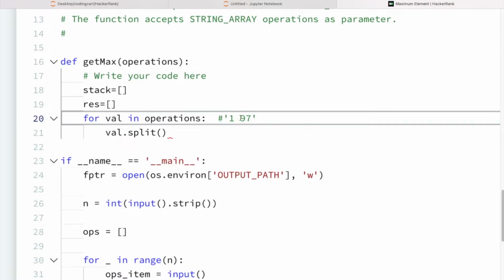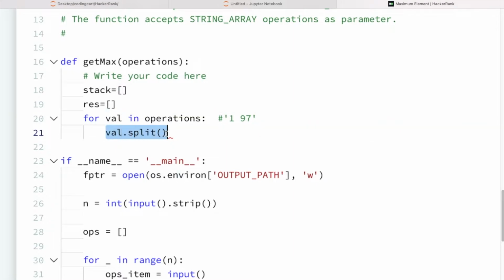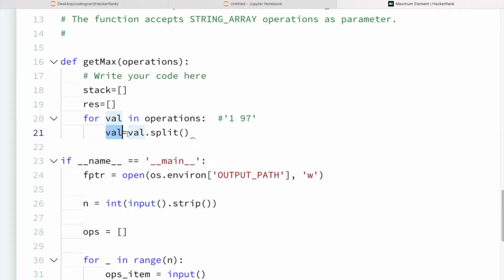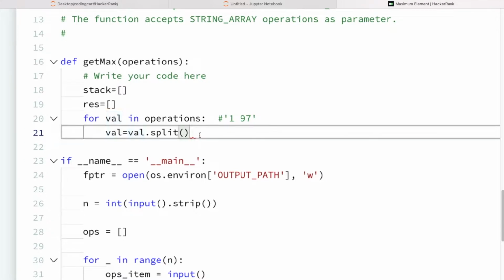This will be a given input in the string format. So we will simply split this and save it again in val. So here this val will be treated as a list type whenever we are splitting this thing. So we split this value.